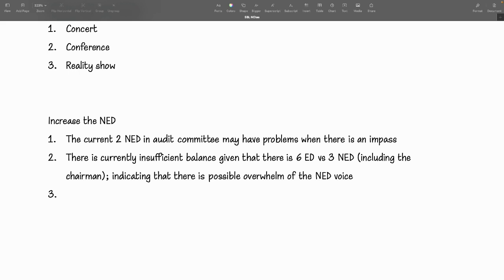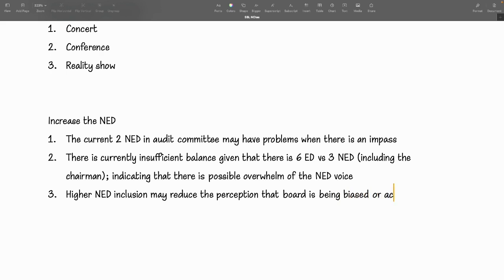Then the other part, you might say, what is the other benefits? So you might reduce the perception that the board is being biased or acting in self-interest. Anyway, you have to wait and see for the unseen, whether the increase in NED is part of the unseen data or not part of the unseen data. If there's anything in the unseen, you have to address the unseen all the time. So do have to consider whether an increase in NED is relevant. Okay, that's one of the issues you can consider, and you can then say,